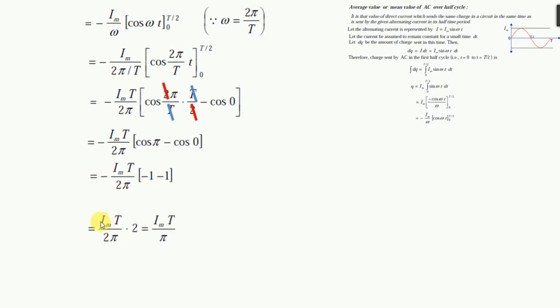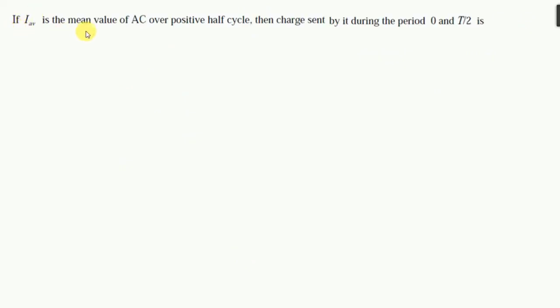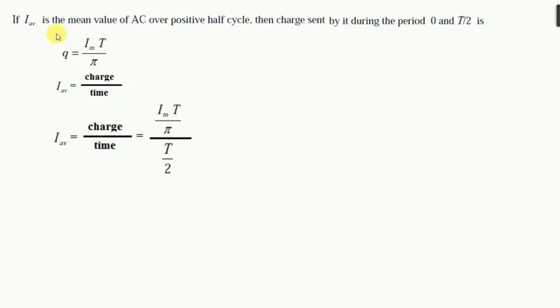So this is Im t by 2 pi into 2, so this 2 and this 2 you can cancel. Now you are left with total charge equal to Im t by pi. If I_AV is the mean value of AC over a positive half cycle, then the charge flowing through the circuit will be given by this, and we know current is equal to charge by time. So now I'll put the value of charge, that is Im t by pi,